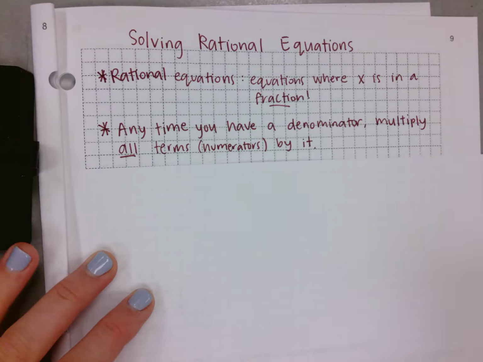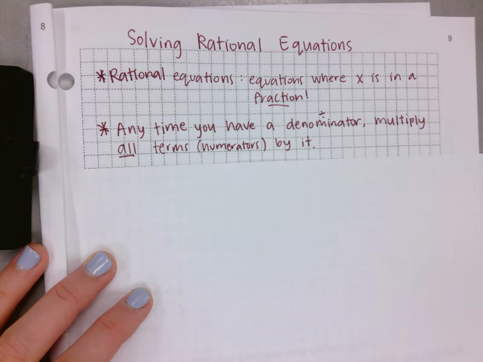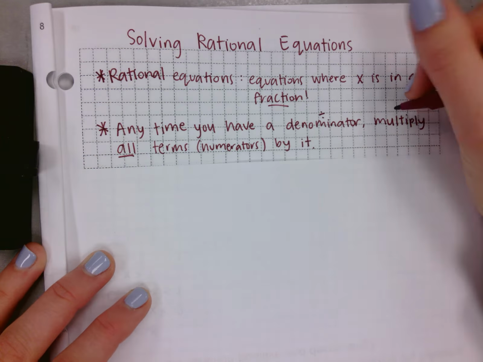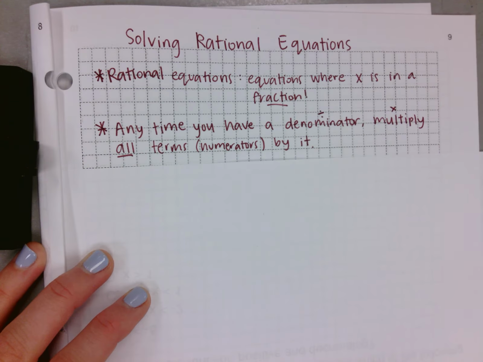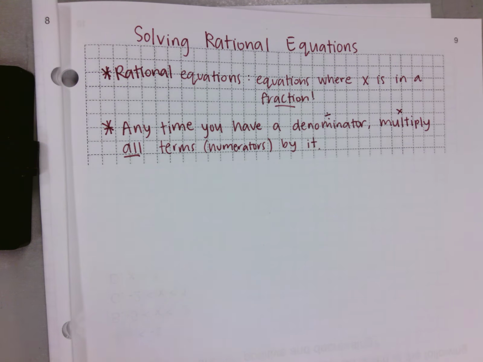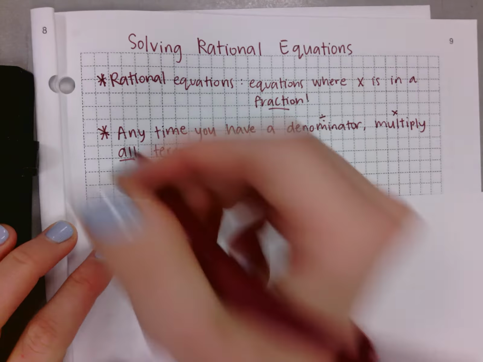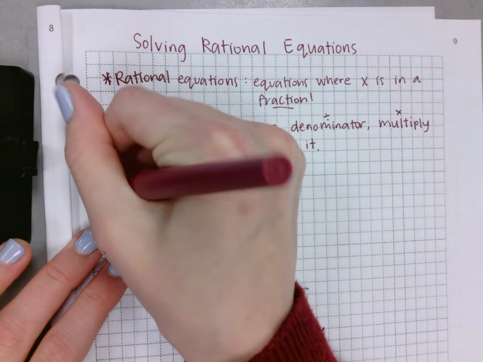So when I say denominator, you say divide, right? So that division can be canceled out with multiplication. And that'll make a simpler equation for you to solve. It'll turn it into a linear equation. So our first example,